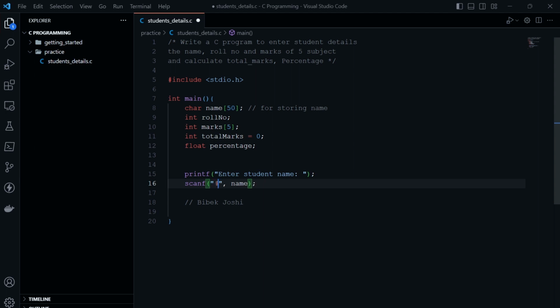We have to do percentage and big bracket, and then this cap symbol and slash n. So it won't take that as a new line, backward slash n. So if you enter the name like Vivek Joshi with a space, it will accept this as one single entity. Okay. And in a similar manner,